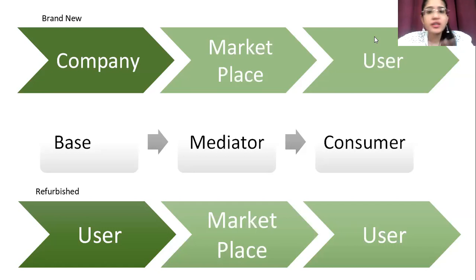Now, it is brought in the market. Now, what happened? It is verified. It is brought up on the site. Now, a new user wants to have that gadget and it is bought from that site. That product is named as a refurbished product. Yes, this product is named as a refurbished product.